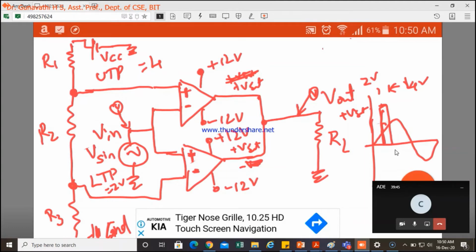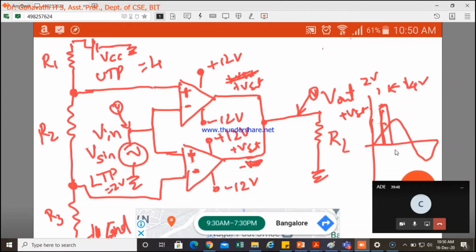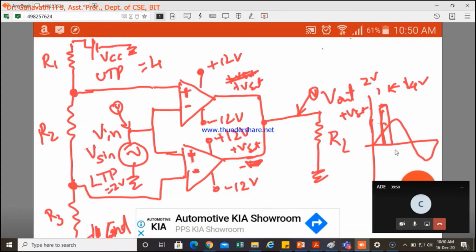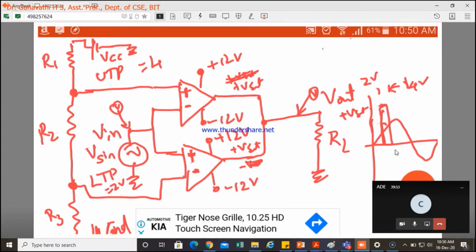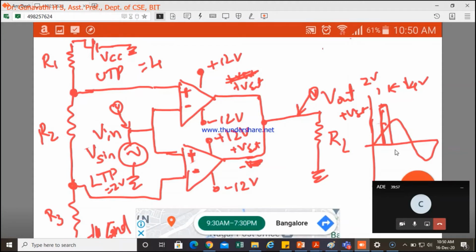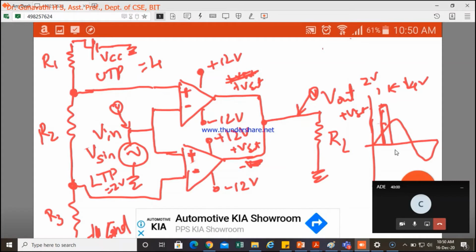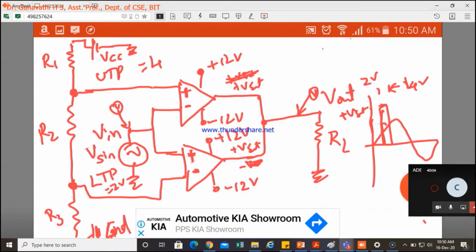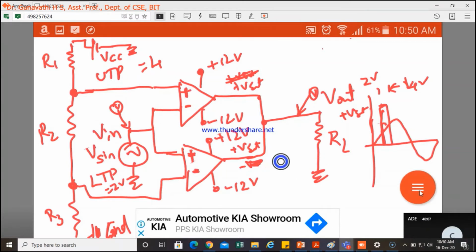Now you have to draw the transfer characteristic curve. There is very little space for me, so I will erase this. You can copy this down from the manual. I don't know whether it is done the right way or not. Otherwise, you better take a snapshot, so later you can write down this circuit and the waveform. Write it neatly. Only between this 2 volts and 4 volts, your output is plus Vsat. Rest all your output is 0.